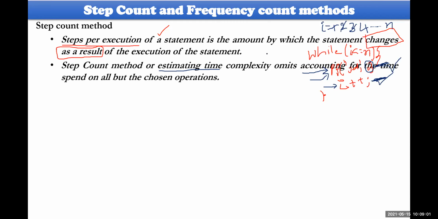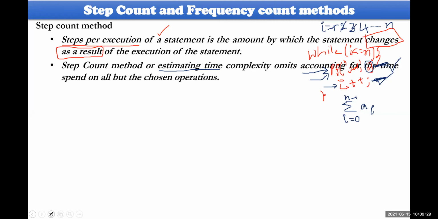Accounting in the sense of accumulation. Accumulation in the sense of sigma, where exactly you are supposed to use sigma. Normally everybody knows something about sigma. Sigma of A of I will be written by me, where I will be equal to 0 to n minus 1. For example, arrays will be taken into consideration. What does it mean? A of 0 plus A of 1 plus A of 2 plus A of 3 and so on, A of n minus 1. So that is called the accounting method.